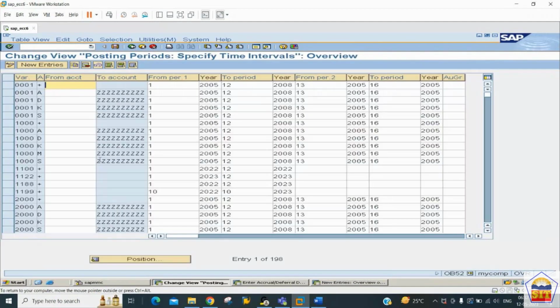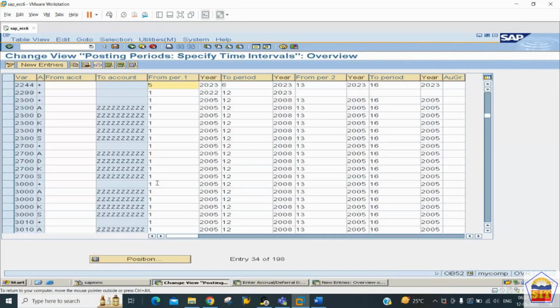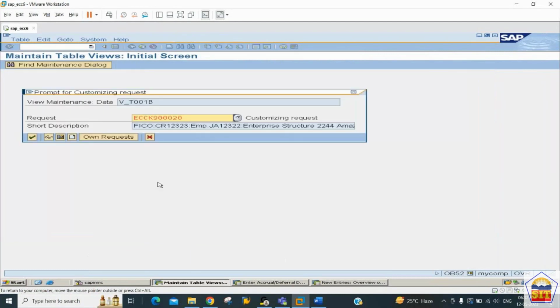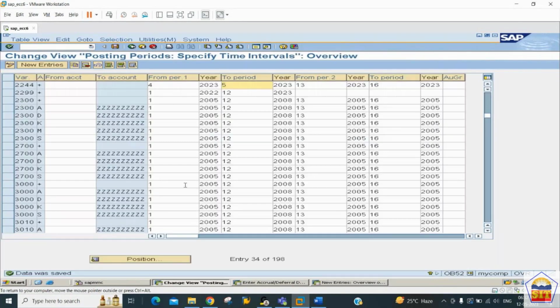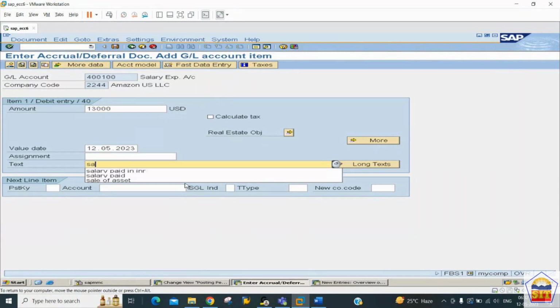Click on the Position button. Period option, we have 2244, this is the variant ID, and here we can open periods 4 to 5. 6 I don't want to open, 4 to 5. Now enter and give the amount. Let's have the amount as 13,000. This is the salary, but the salary is not paid. Then salary is what,